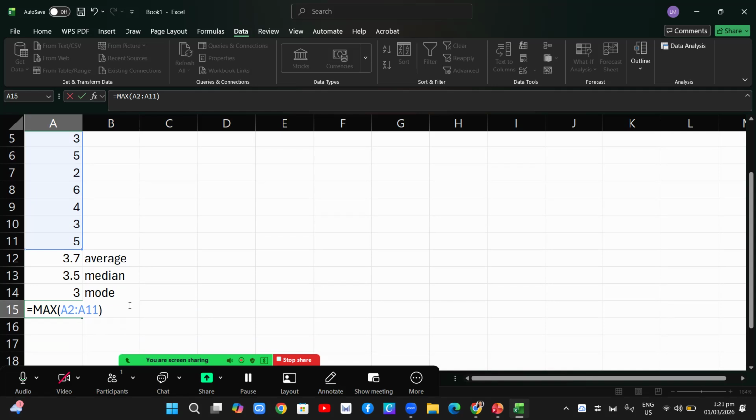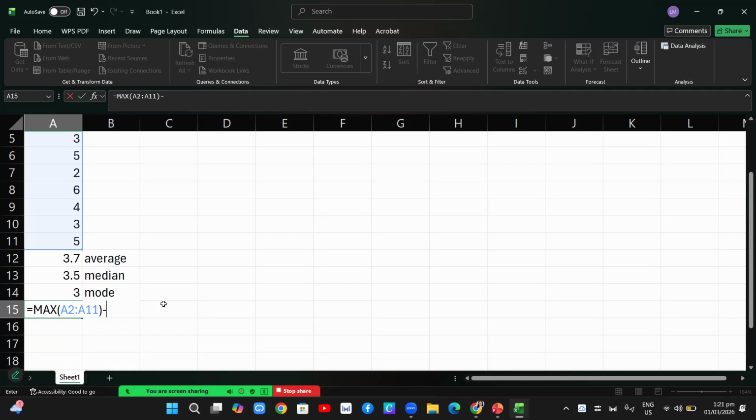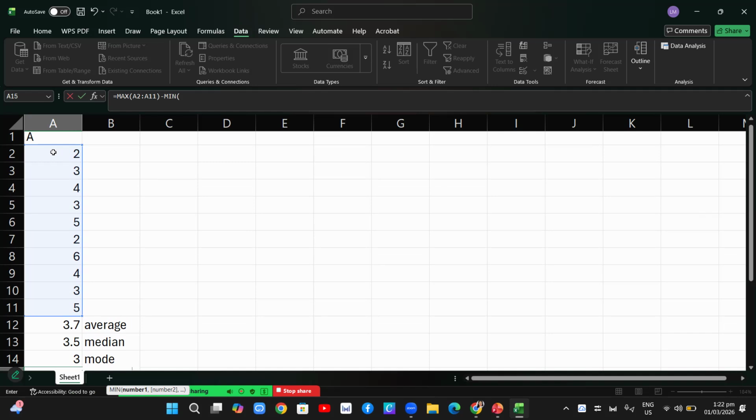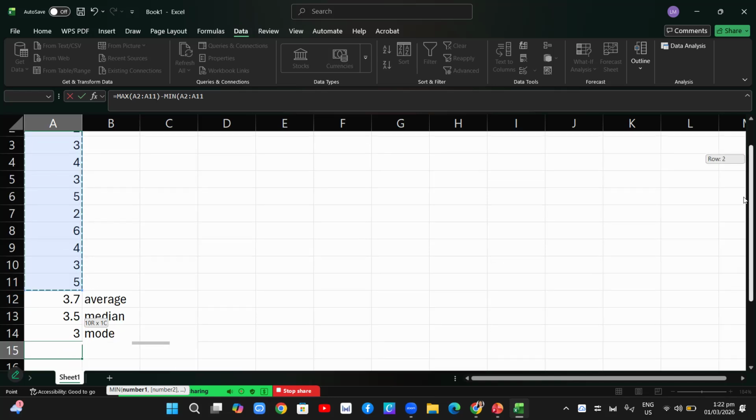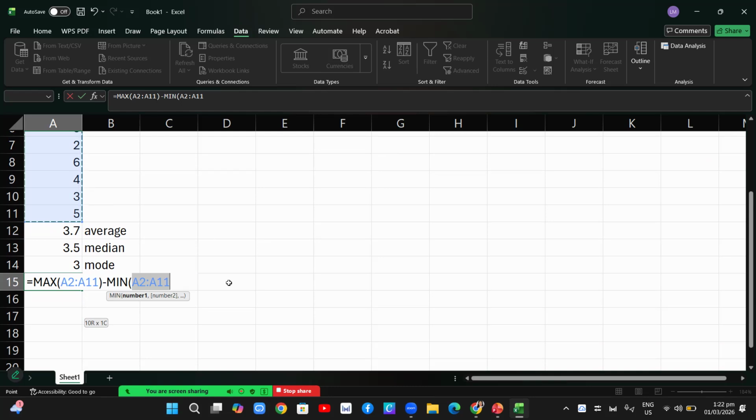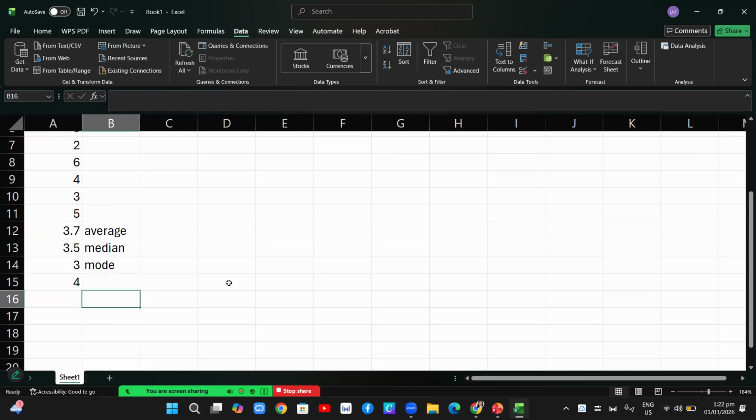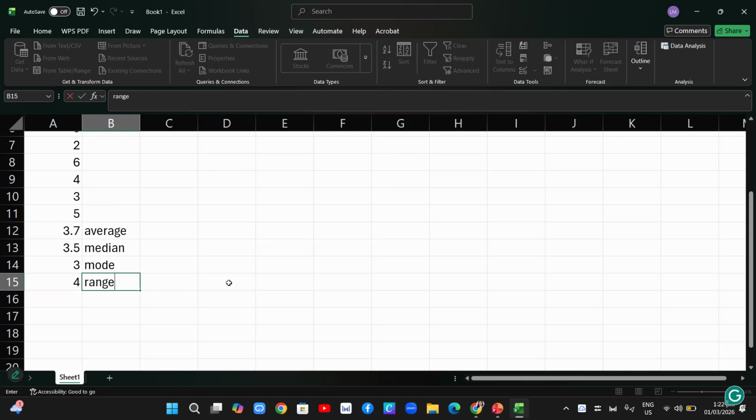And then minus min, and then open parenthesis, and the values, shift, arrow down until A4, and after that, you put close parenthesis, and then press enter. So that's our range. The range is 4.